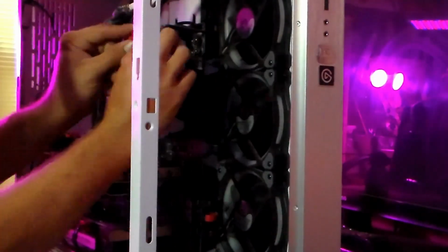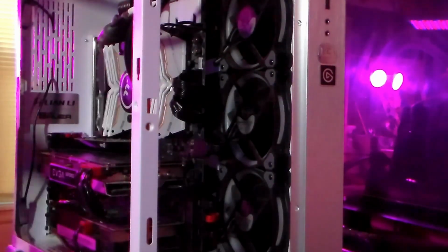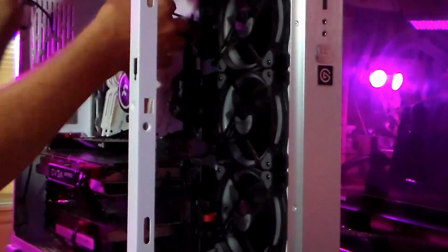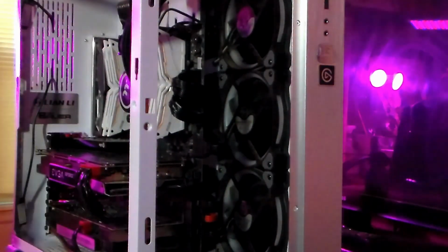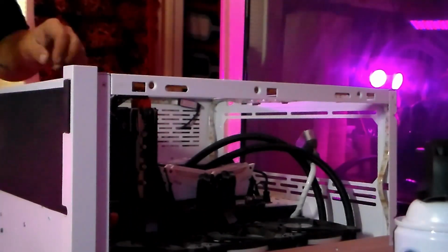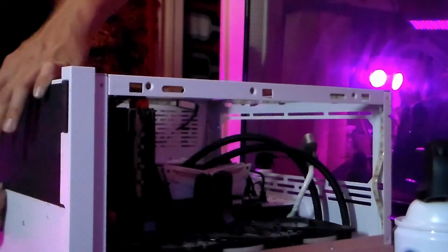I flipped around the fans this time to pull air into the case from the radiator, because I found that a lot of dust accumulated on the radiator from the other way, when the fans are blowing through the radiator out the side panel. It seems like it works better this way because it vents from the top, and just seems to work